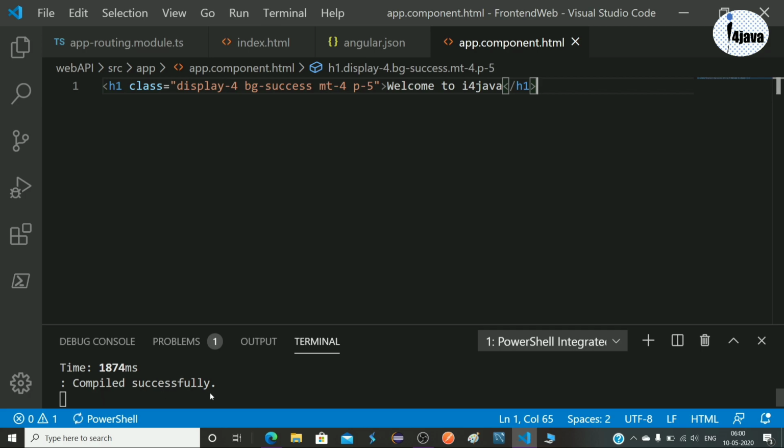We have to create a header section. For that I am going to create one header component here. Let's terminate it. Now create a new component. For creating a new component we can write the command ng g c header, where g is for generate, c for component, and the component name will be header, and press enter.